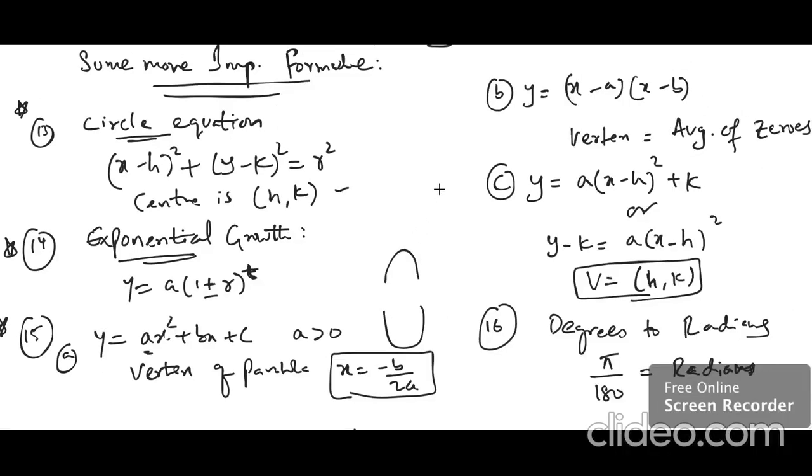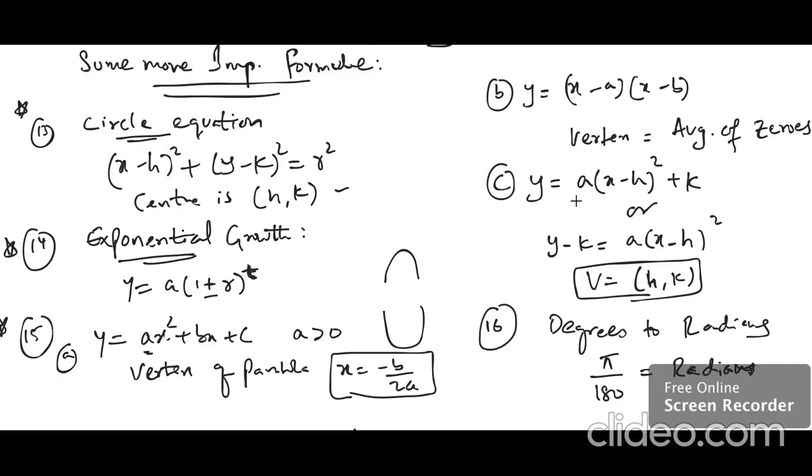Whenever we have a quadratic form that is already written in the form of (x - a)(x - b), we don't have to work it out and get the factors; basically it's already given. If they ask us to work it out and get the vertex, it's just to take the zeros that we have, which are nothing but the roots or the solutions, and take the average of them. That is how you get the vertex when it is given in this form.